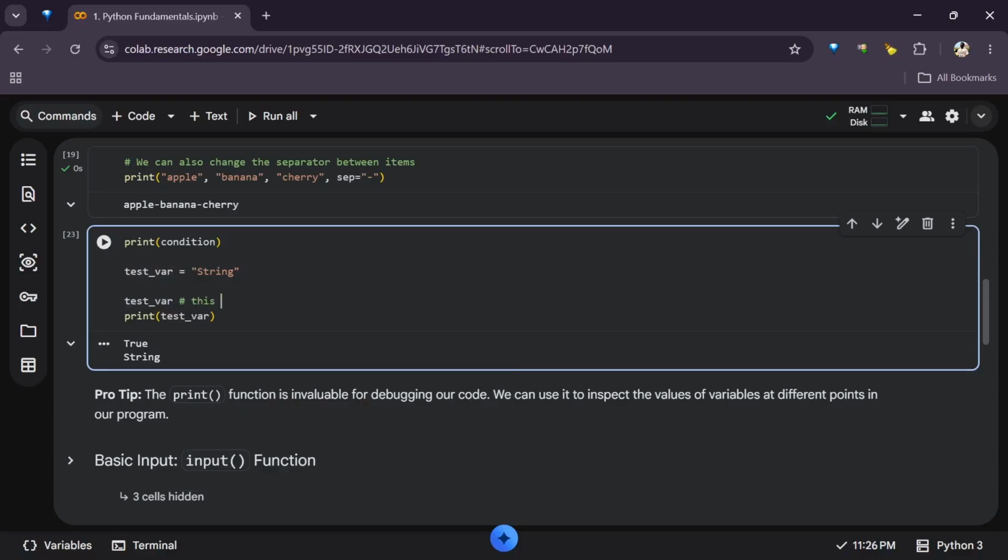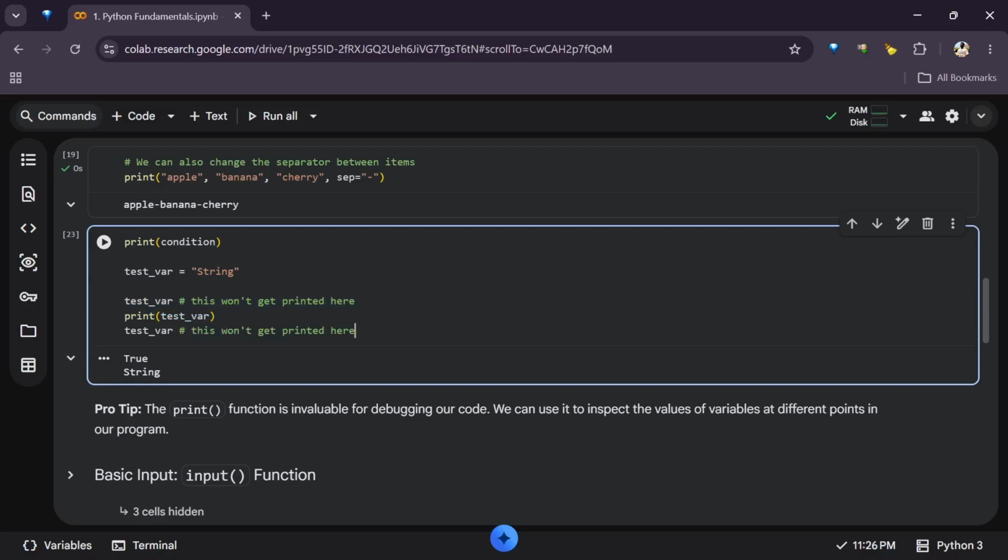This won't get printed here. Okay, but it will be printed here.